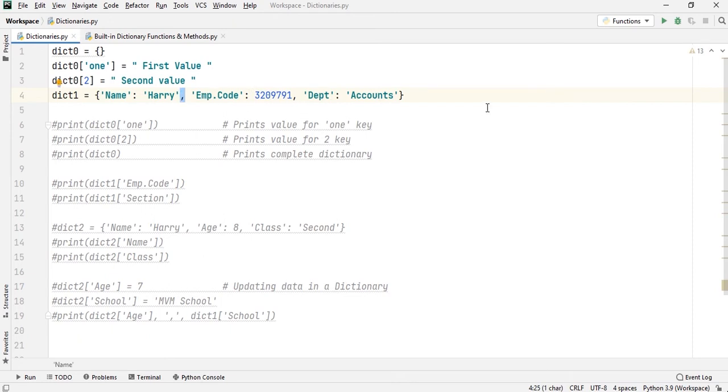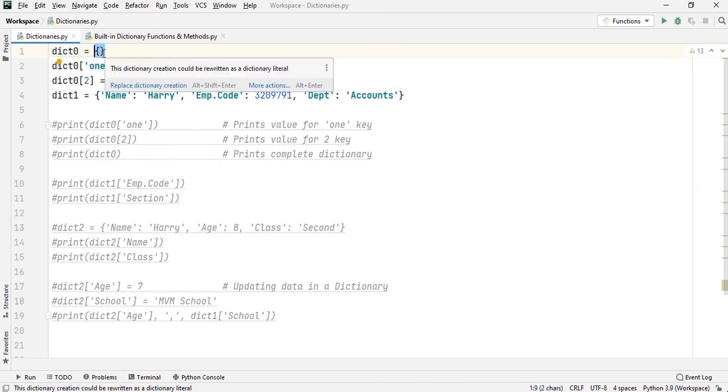Similarly, these two are separated with the help of this comma, and the whole dictionary is written in between curly braces. An empty dictionary without any items is written with just two curly braces, as you can see here. This is another dictionary, dict0, which is empty and is written using only curly braces.